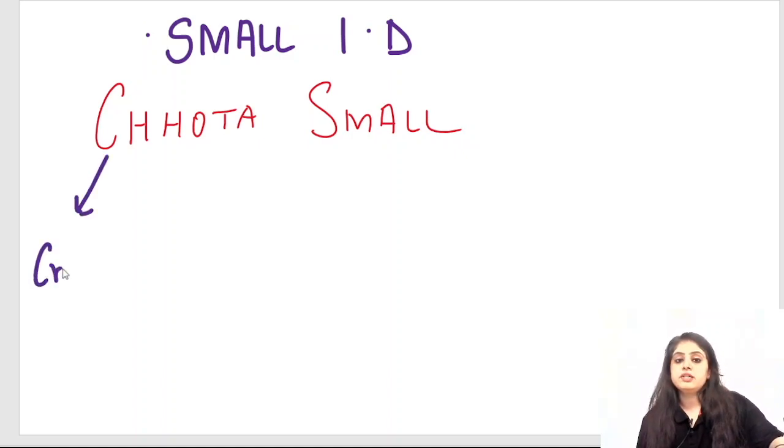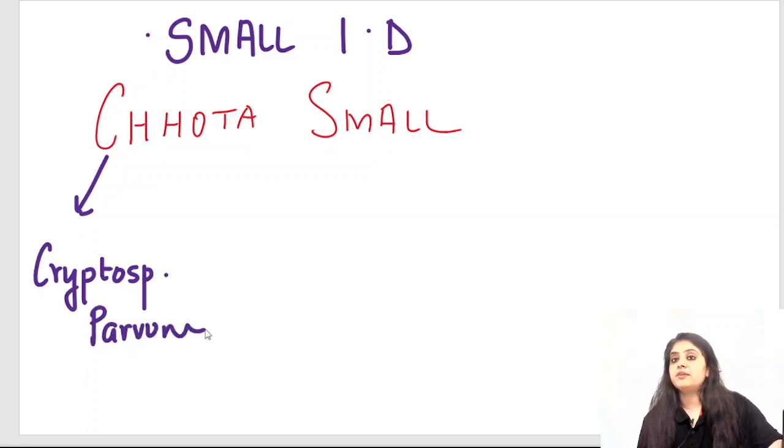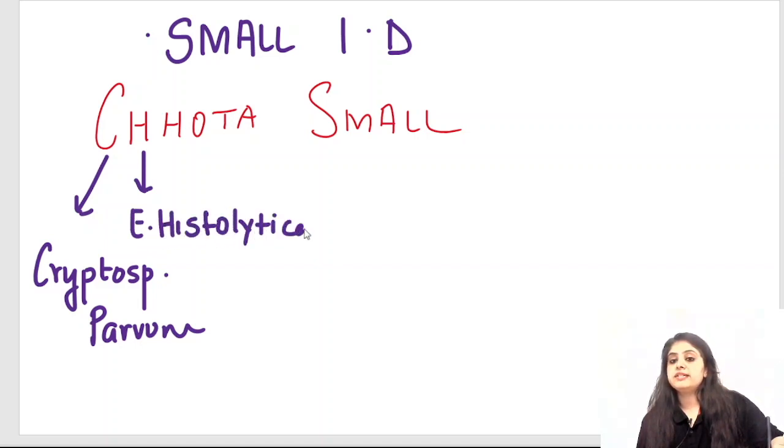C is going to be Cryptosporidium parvum. H is going to be Entamoeba histolytica. H for histolytica. H for what I'm teaching you again,